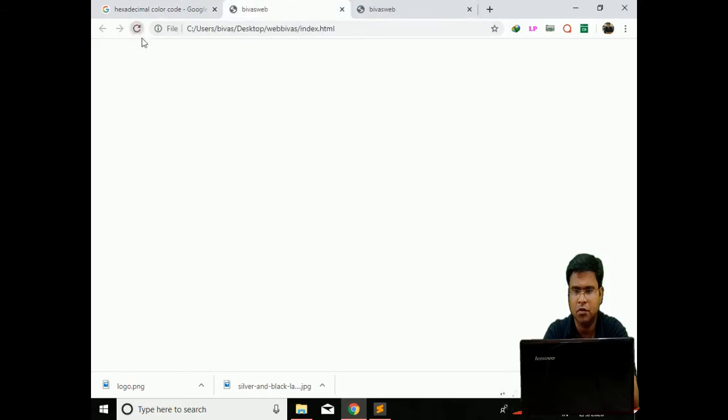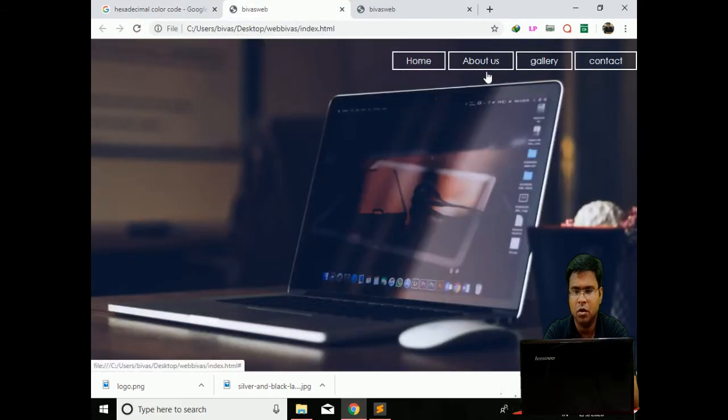Now see the changes. This is called the hover effect. Whenever I put the mouse over the main navigation bars, the color is changing. See the effect once. But I don't like the color actually.